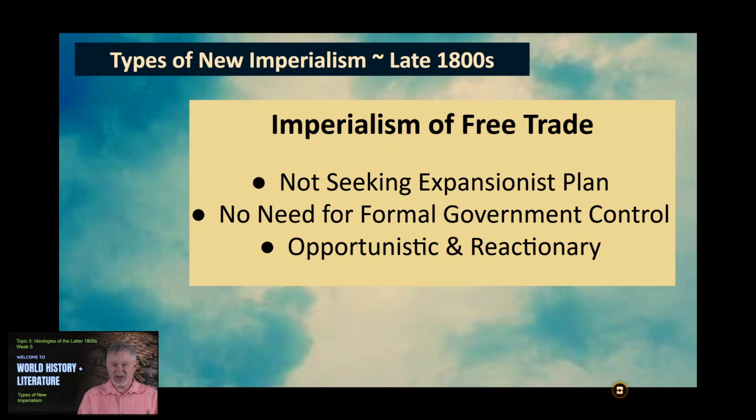It's very reactionary. Something changes, there's a famine, something is going on, there's a new market, there's a new threat in that region. Then the people who are part of this free trade see it as, you're blocking my markets, you're blocking my ability to exchange goods, you're damaging and infringing upon my commerce. And so they would react to it and make laws or do whatever they had to do in order to react. And that's another type of imperialism that emerges and develops during this time.